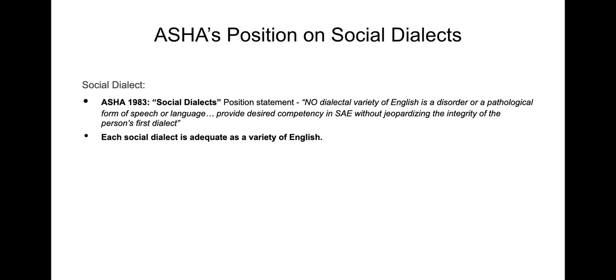They found that so much mistreatment and misconduct was being allowed with how professionals were dealing with minorities. And so they made it a major goal to minimize that by advocating for better research standards, better ethical practice standards in the profession. And it took a long time. It started in the 1960s during the civil rights era. And as you can see, this position on social dialects is from 1983. I think that they did have position statements prior to that. And I think this was a recent revision, but I'm not sure.